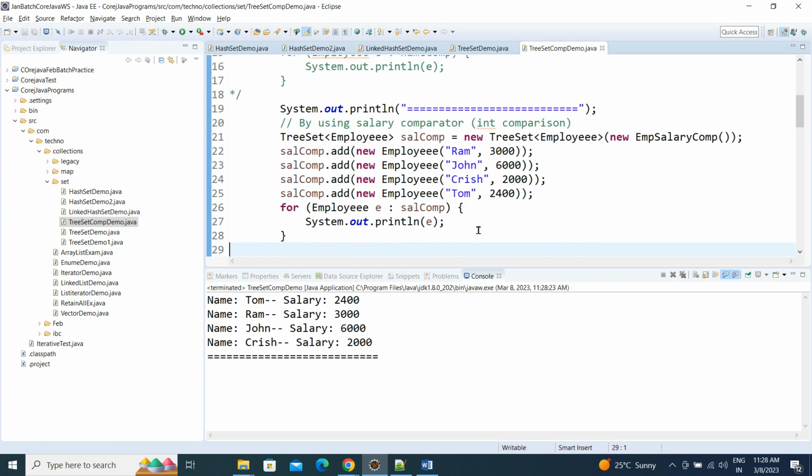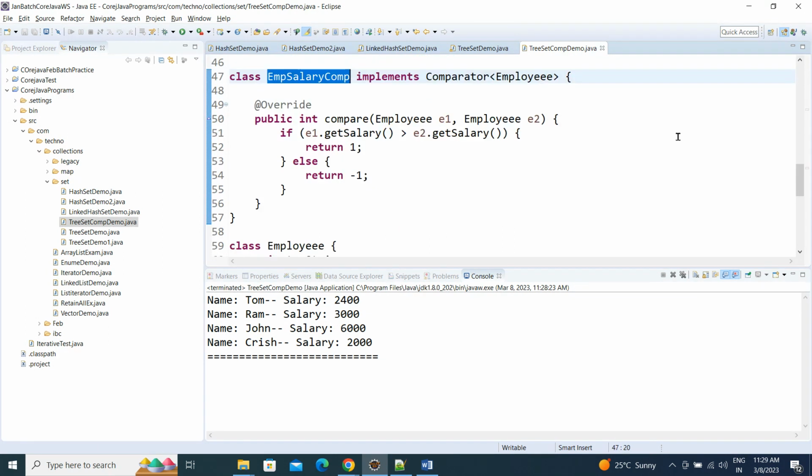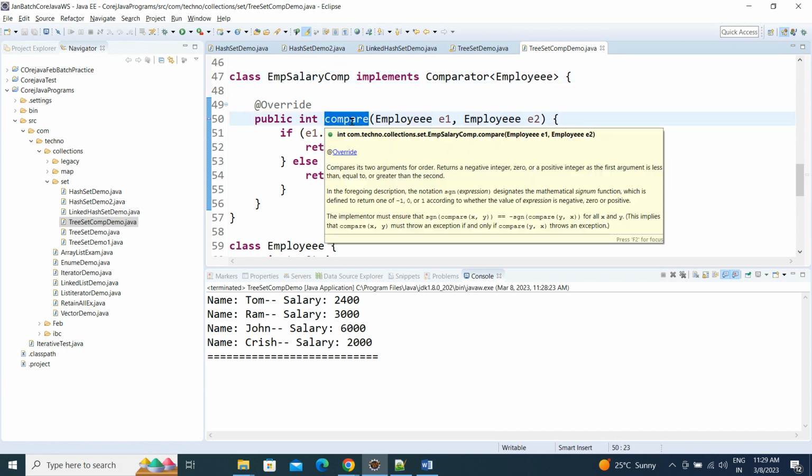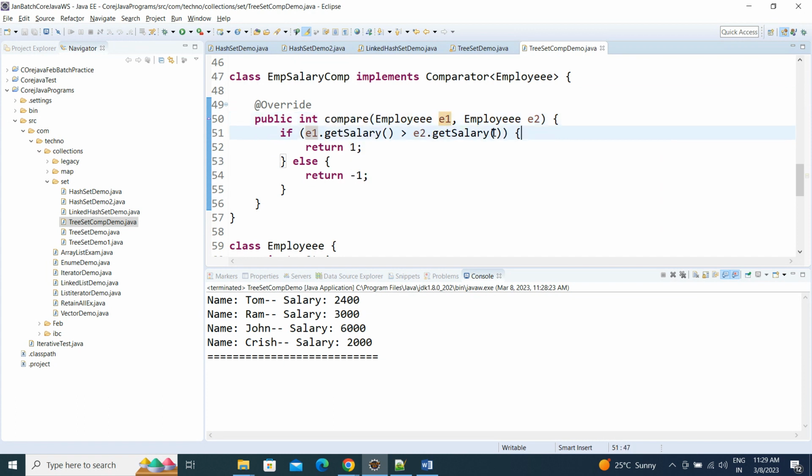Okay. Now, what am I doing? The reset object is created, but I'm passing salaries, the employee salary comparison. I have created a separate class inside this only. So EmployeeSalary implements Comparator of Employee only. Compare: I want to compare salaries. Okay, E1 and E2. If E1.getSalary is greater than E2.getSalary,